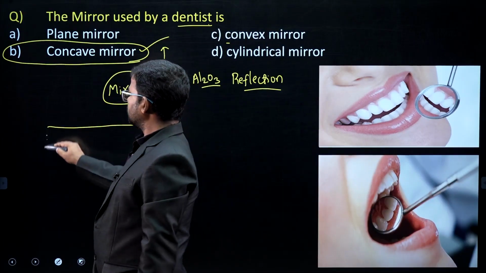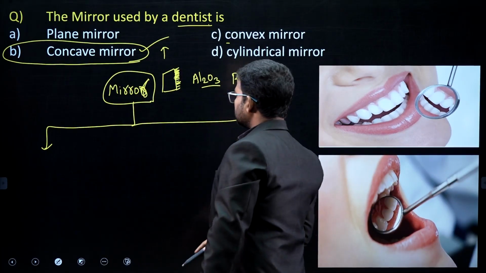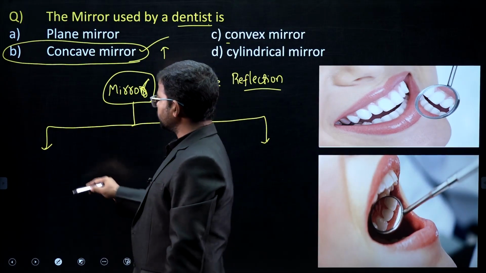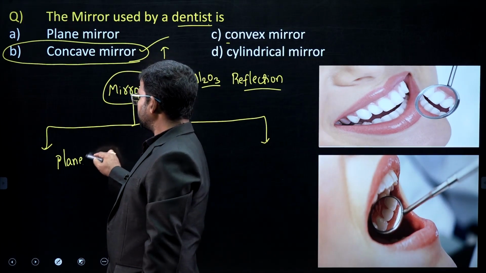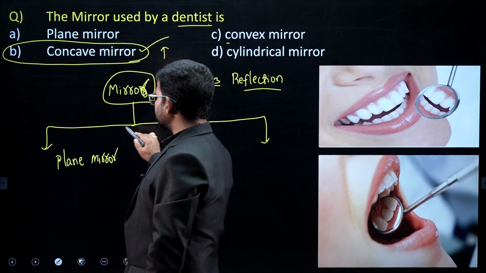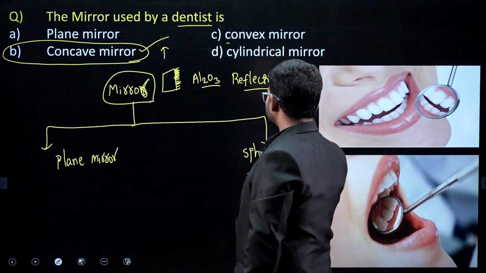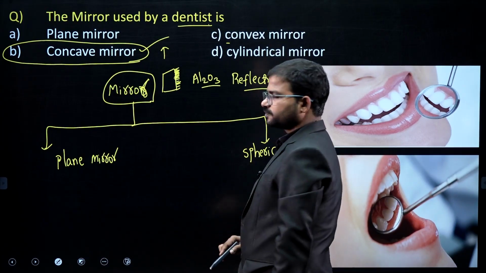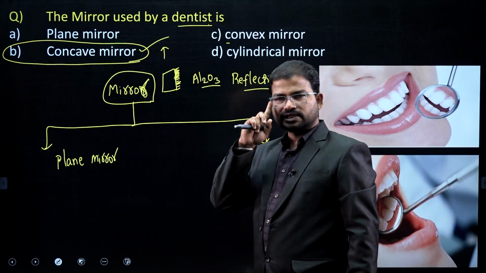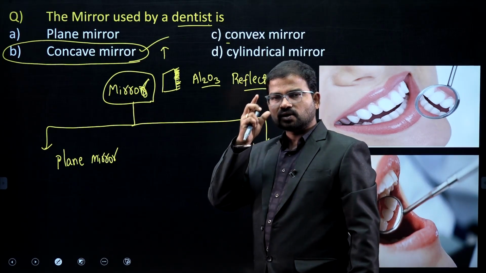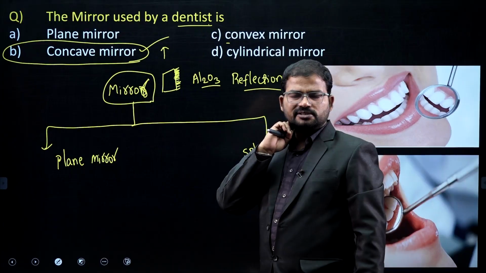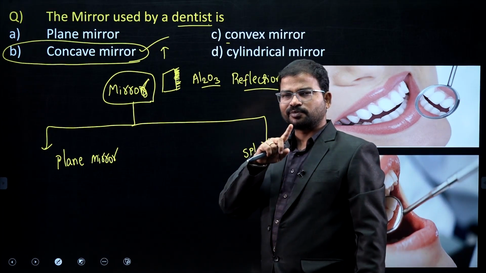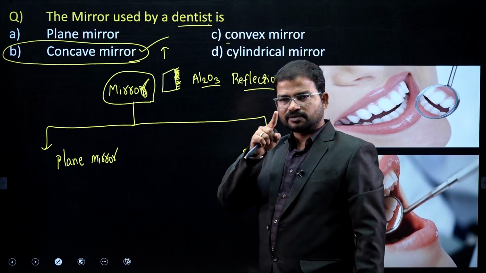If you consider mirrors, they are classified into 2 types. One is the plane mirror, and the second is the spherical mirror. There is a difference between a mirror and a lens. Presently I am using a lens. This is a concave lens. With a concave lens I am not able to observe far objects. This is called myopia. Myopia means near objects are visible, far objects are not.